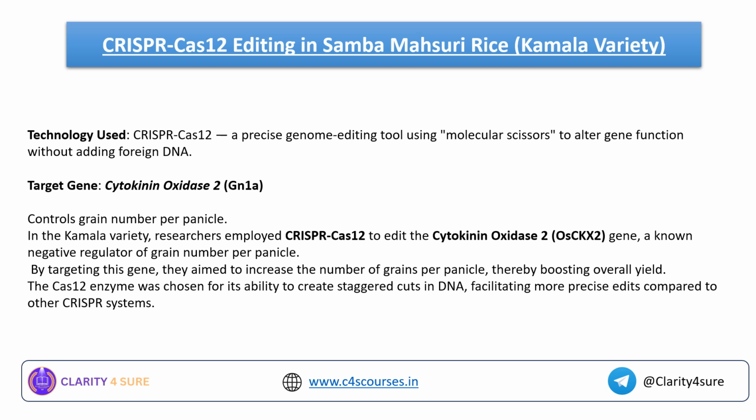See here in this Samba Masuri, that is the Kamla variety, the CRISPR-Cas12 protein has been used. There are many proteins: CRISPR-Cas9, Cas10, Cas12, Cas12a, Cas13. There are a variety of proteins that can be used for this genome editing. But CRISPR-Cas9 and CRISPR-Cas12 are the most widely used genome editing tools, which are more powerful. And comparing CRISPR-Cas9 and CRISPR-Cas12, the CRISPR-Cas12 protein is a little more precise genome editing tool,